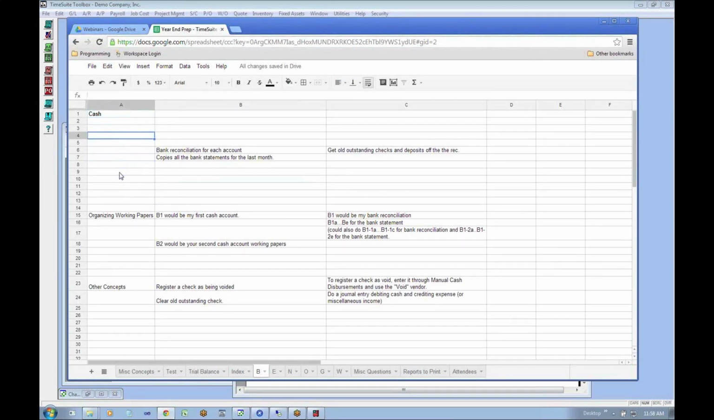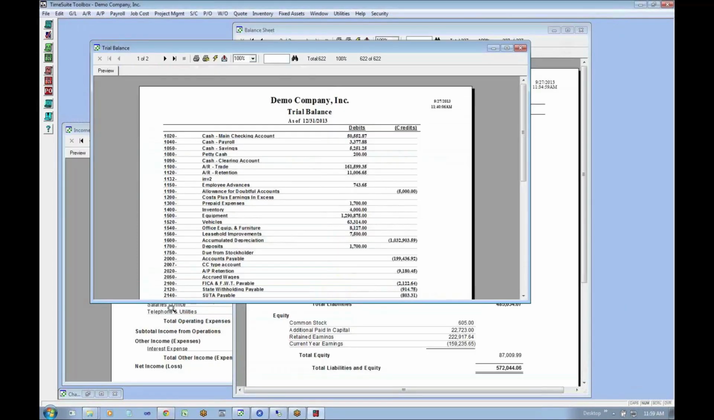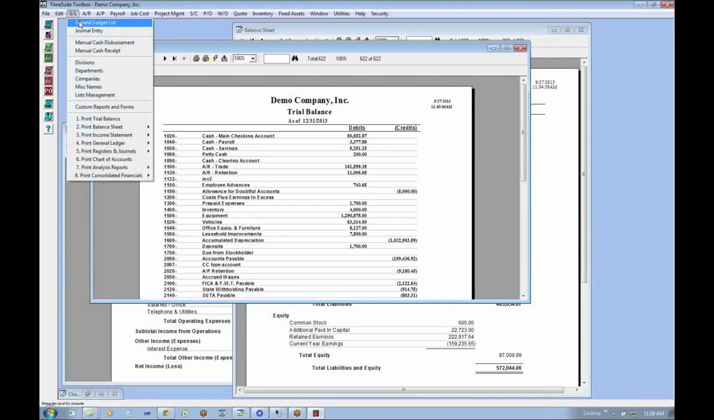we don't have an example of the working papers here, but you could have a set of work papers that would include your bank reconciliations and copies of your bank statements in their entirety or a portion of them. So one of the steps in your test of balances would be to get a bank reconciliation that ties into your trial balance. So if we look at the bank reconciliation in the system,